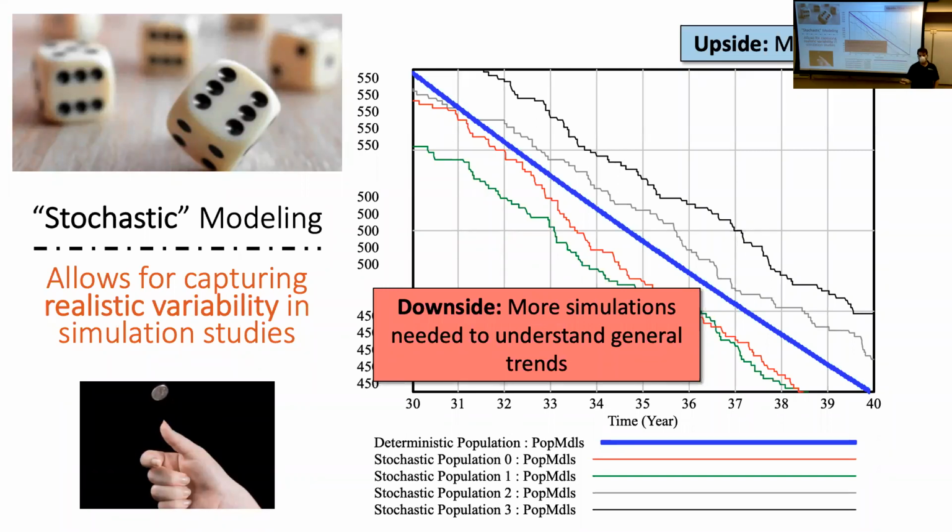And that's exactly why in real experiments, in real laboratories, they have to replicate. They can't just run one Petri dish, because you might get lucky. And that's what the top one is. The top one is a Petri dish with a relatively low death rate just by chance. The bottom one is a Petri dish with a relatively high death rate just by chance. The average death rate, which is more generalizable across Petri dishes outside of the lab, is the blue one. So in order for me to know on average what's going to happen, I need to have lots of different Petri dishes, and that's equivalent to having lots of different random number streams.